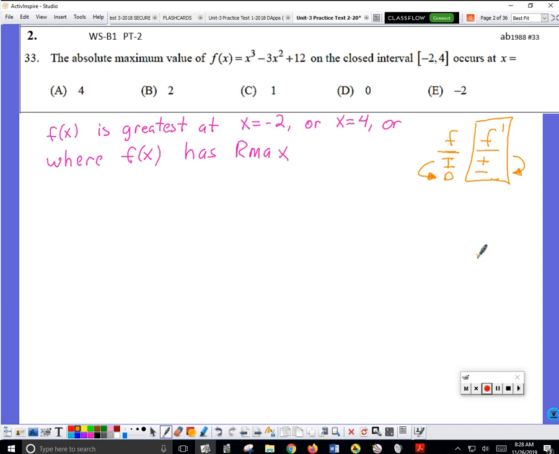Cool. So Parker said find f prime. That makes good sense. So f prime is going to be